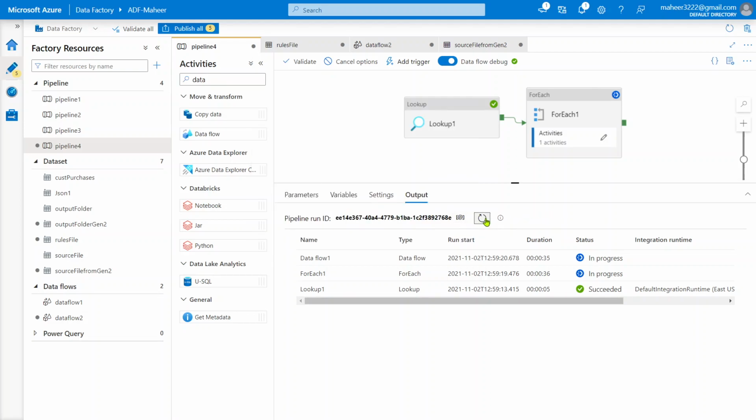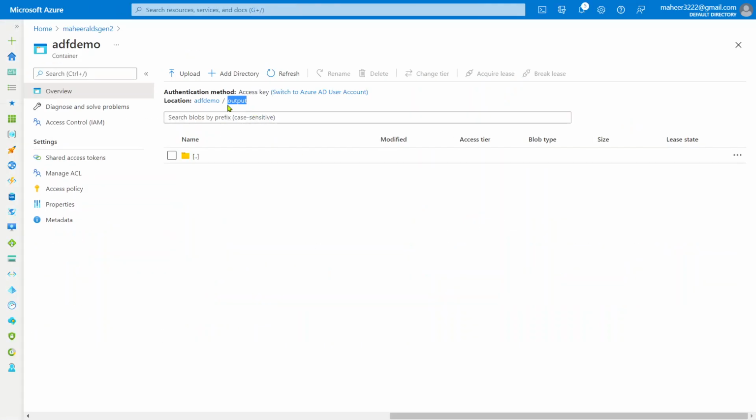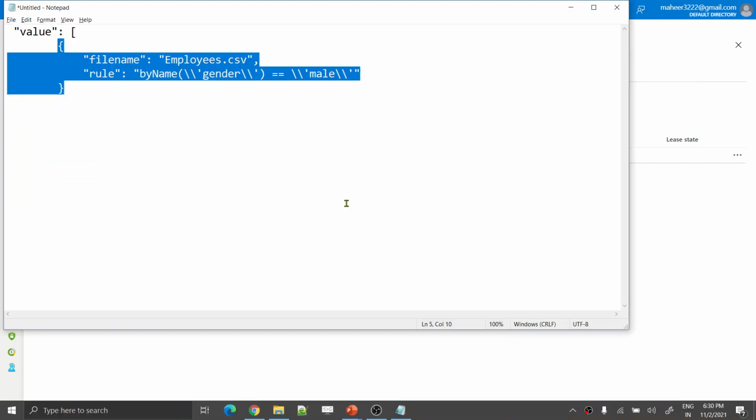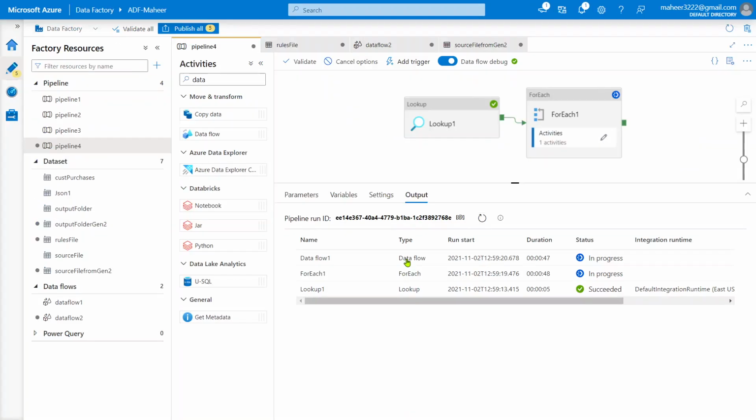Let's wait for this execution to complete, and then in storage, in the output folder, we should see the employee male file containing all male employees.